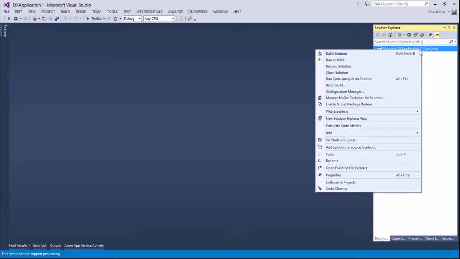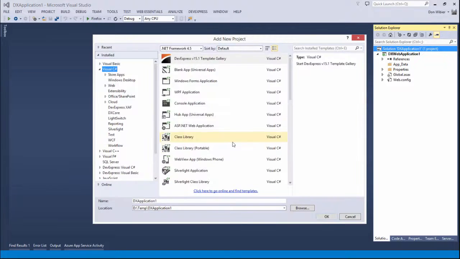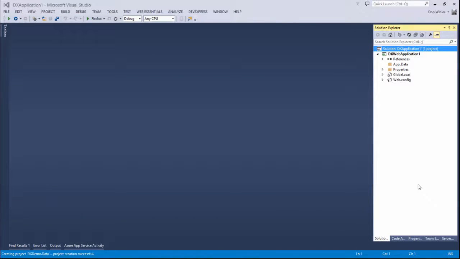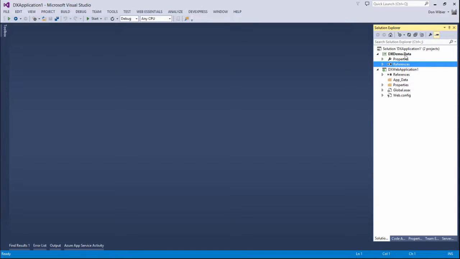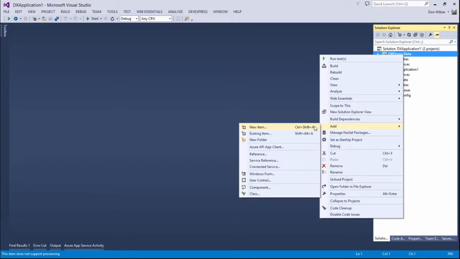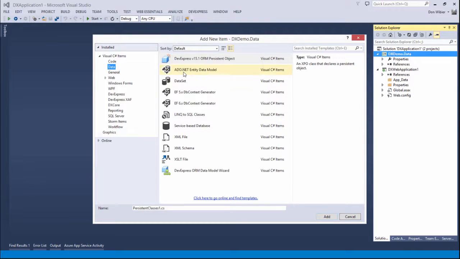I'm going to put all those classes in a separate class library to overcome some reference issues later on. So this will just be a C# class library, and I will also call it dx demo.data. I'll remove this empty class. And the thing that I was mentioning is really nice because I can just add a new item, and if I go to the data section, there is this ADO.NET entity data model, and this is exactly what I need. I'll call it a Chinook model,